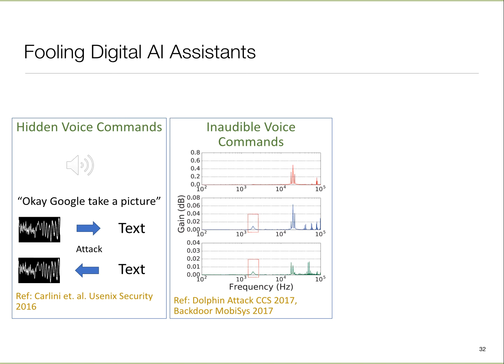Another one is inaudible voice commands, where it turns out that the microphones that exist in these systems not only listen to the audible range, but they are also sensitive to the ultrasound range. And so the idea is that by putting energy in the ultrasound range so that humans don't hear it, the system will still react to it. So the goal in all these cases is that we want the device to react, but a human nearby will still think nothing was wrong. Okay, so that's what's happening out here.